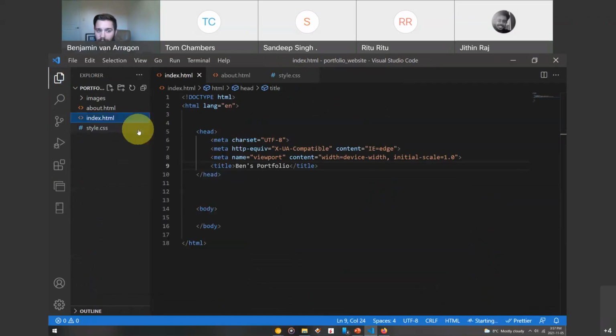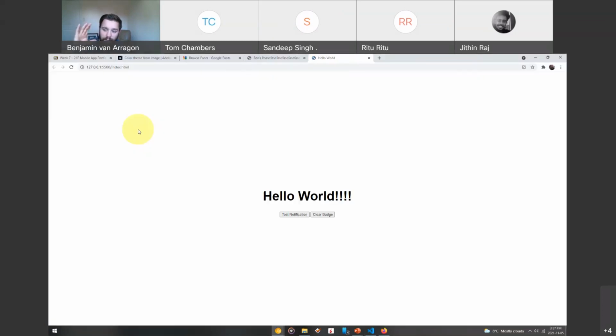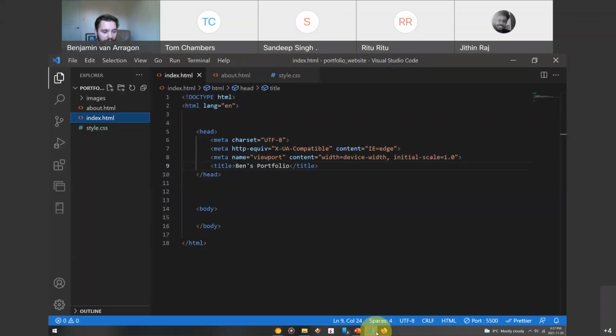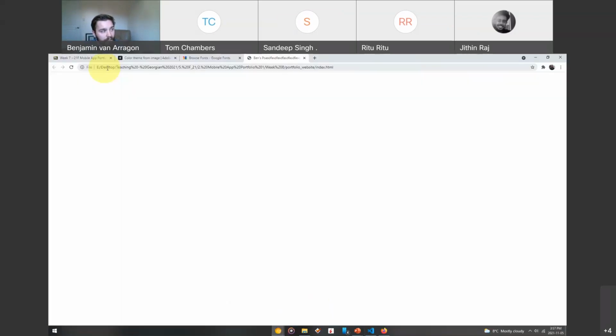If I click that button, what it's actually going to do is it's going to run a little server in the background off of my computer. And it's actually going to run something on a port so that it's actually hosting the file. Now there's a difference between loading your file locally, right? Just when I double click it and I go up here and you can see it's just my file path and it's just opening and rendering it in the browser,